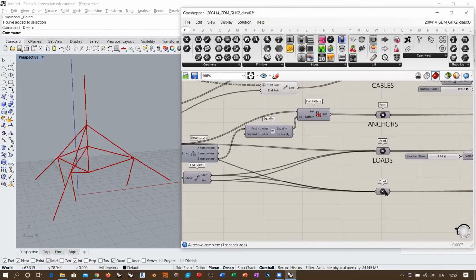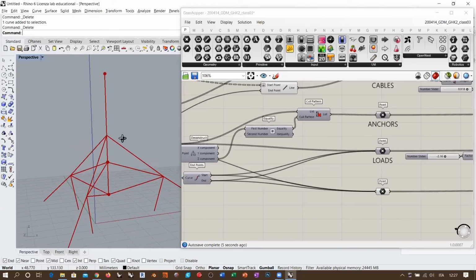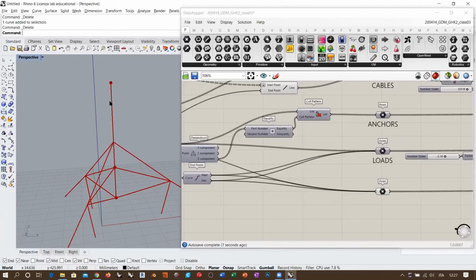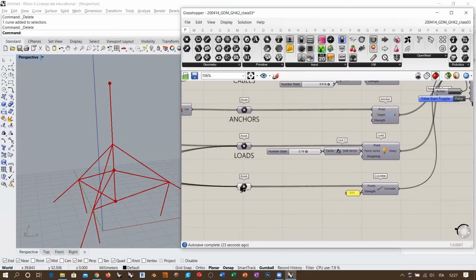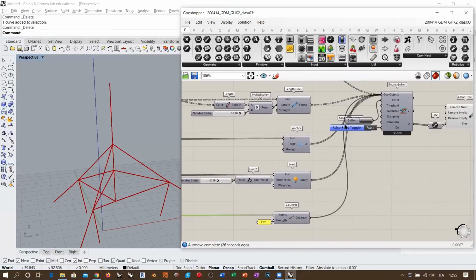In this case, the collinear is not bounding the vertical line to this center point. The collinear is basically keeping all the endpoints of these two bars collinear. So what I'm going to do is